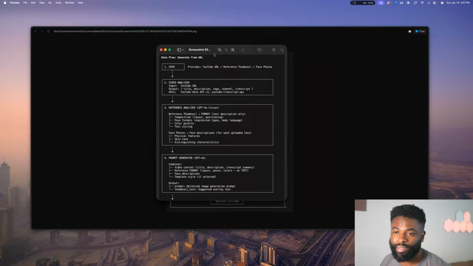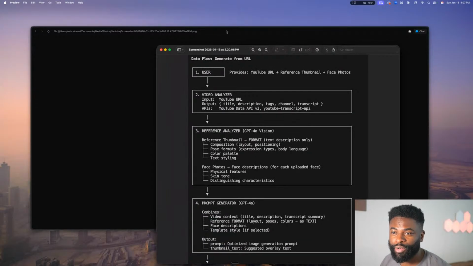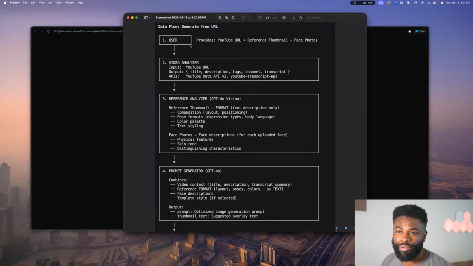Basically what we're trying to achieve here is that a user comes into the application, and then they paste their YouTube URL. The YouTube URL, we send that to YouTube APIs to get metadata, that is title, description,